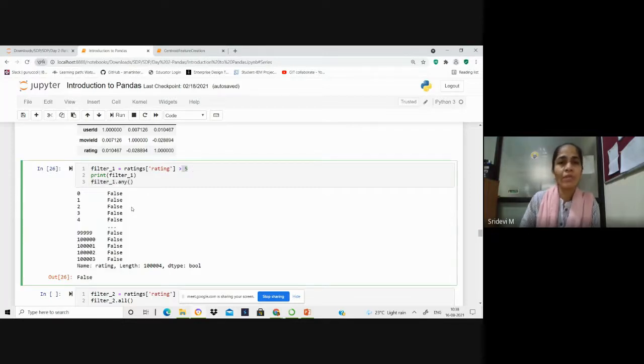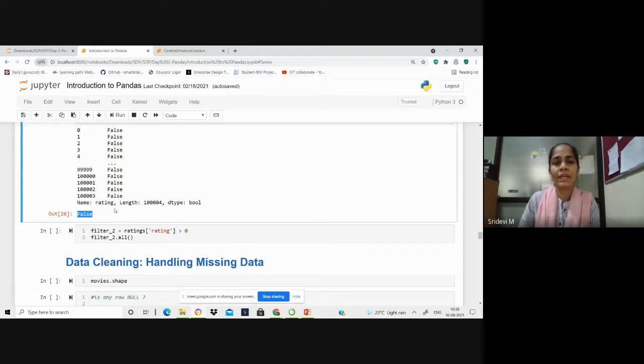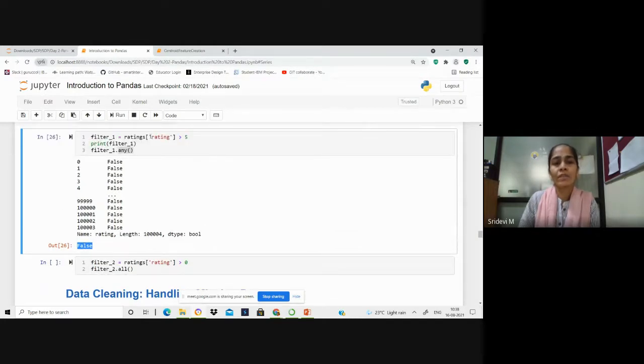So it contains all valid values, all within the range of 5. When you give any, if at all any value in this filter is true, it gives true. But none of the values under this filter are true, so it gives false, which indicates that all the values under this rating column are valid and within the range of 5.